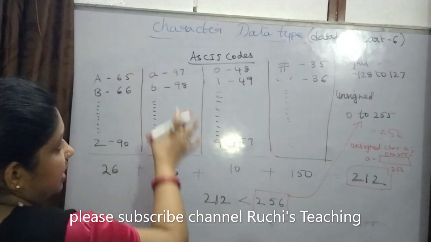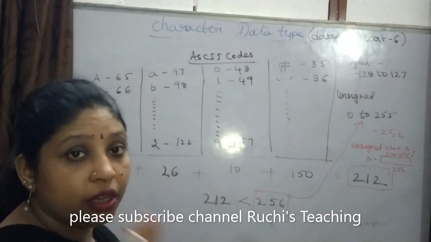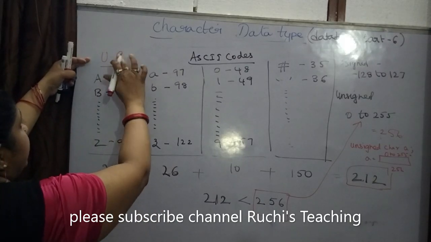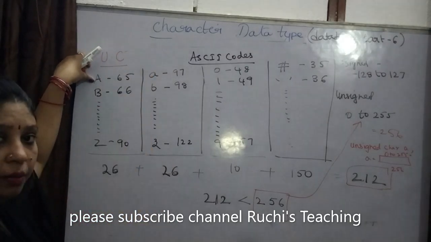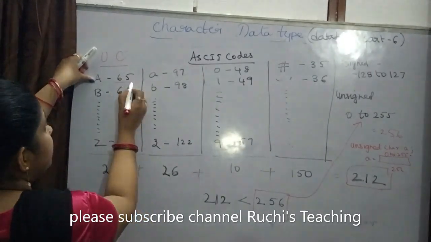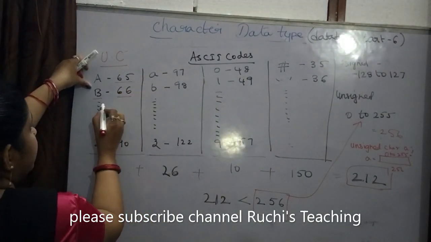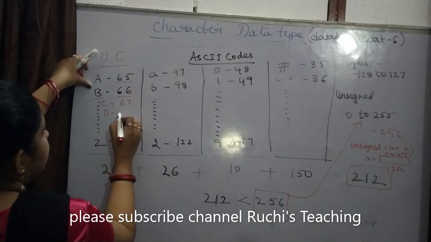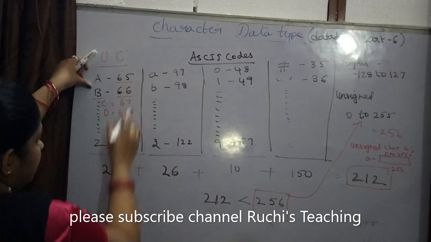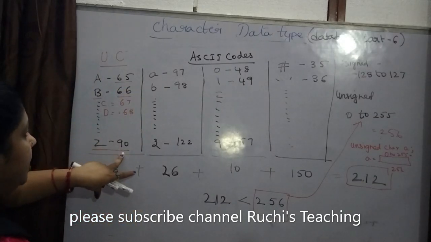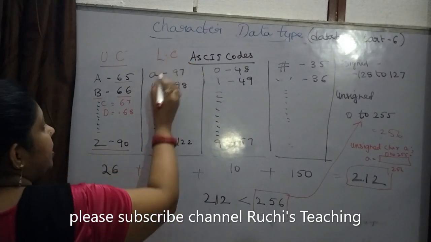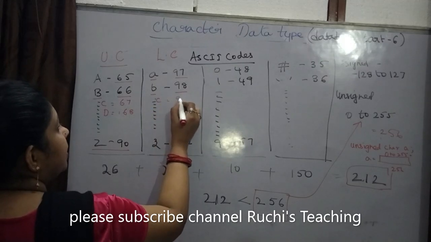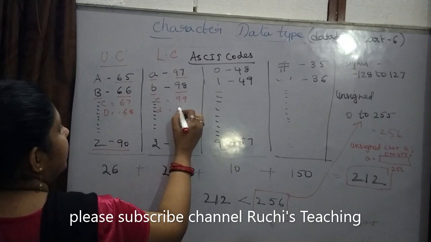So now I will discuss the codes of these ASCII codes of the keyboard characters. Now these are the uppercase. For capital letter A they have given 65, for B they have given 66, for C 67. So capital letter D is 68. Like this it goes on till Z, which is 90. Next this is the lowercase. Small a is 97, small b is 98, c will be 99, d will be 100.